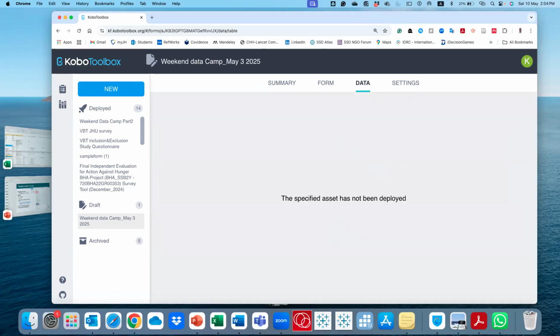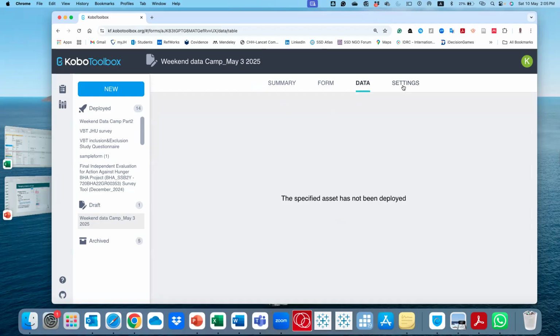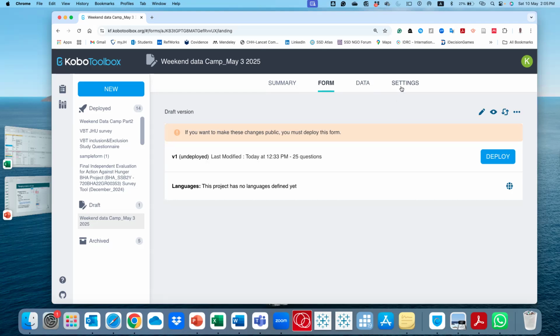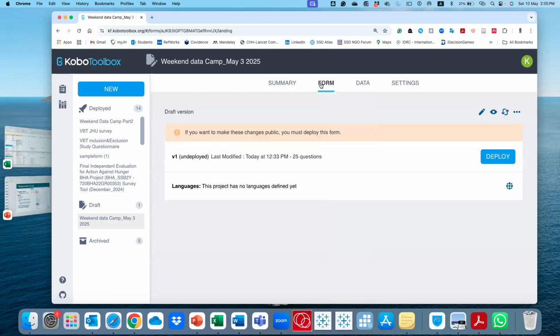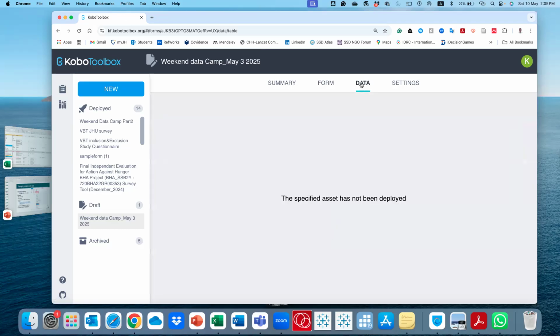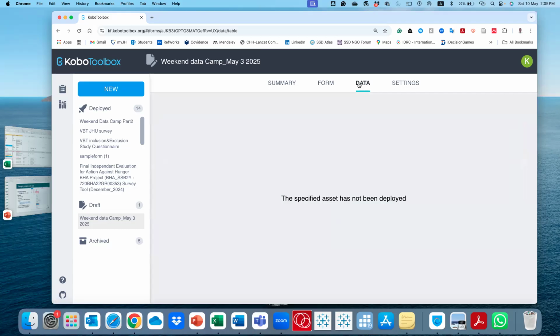I'll send the link. Are you able to access it? No. I think you should be able to access it. Okay, now it is accessible. Sorry, Kemish, I think there are two links, so yours should be accessible. Colleagues, you note that there are two links. I apologize for the post-training survey. I think there were some issues around restrictions before, but that has been rectified now. And then also Kemish had shared this link that I've just also posted. Kindly check if it is accessible, the one for collecting data.